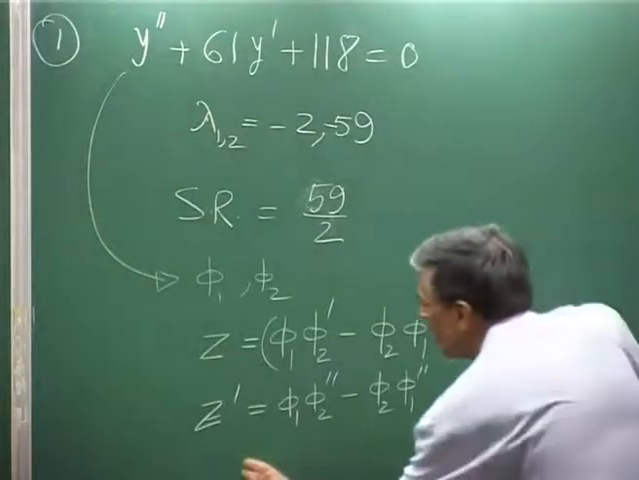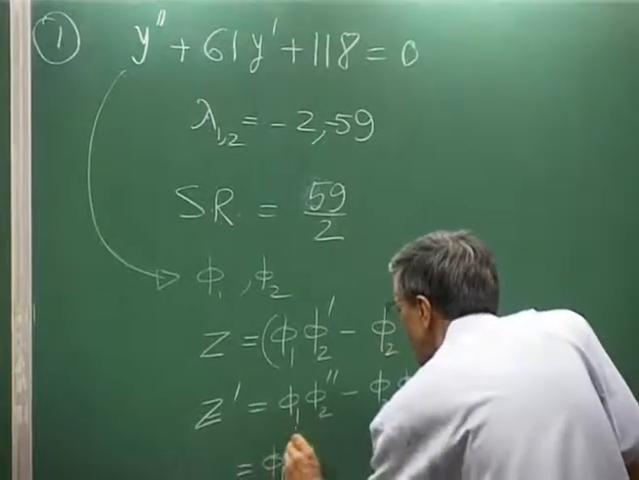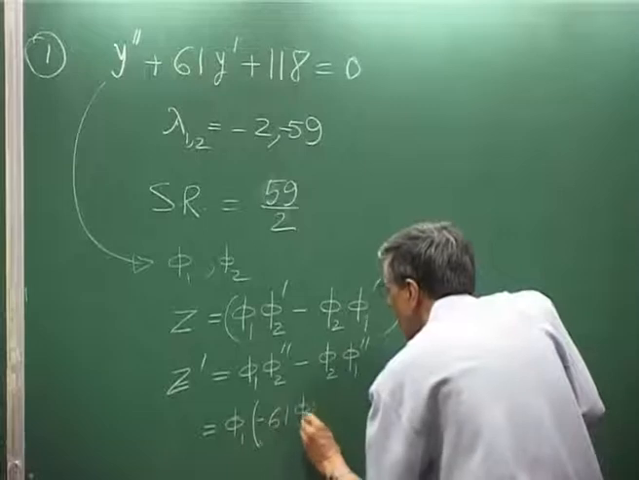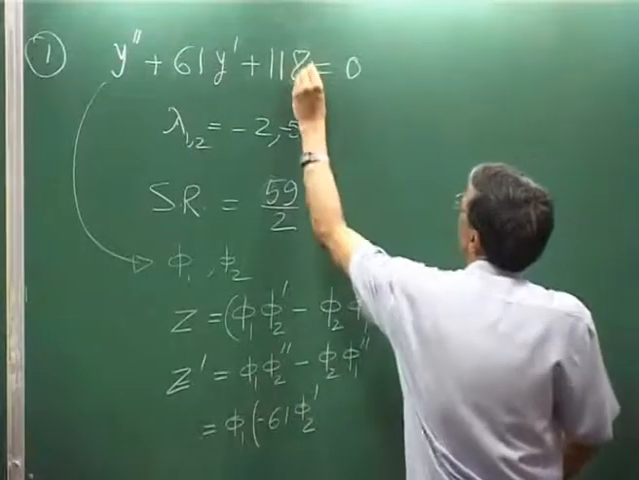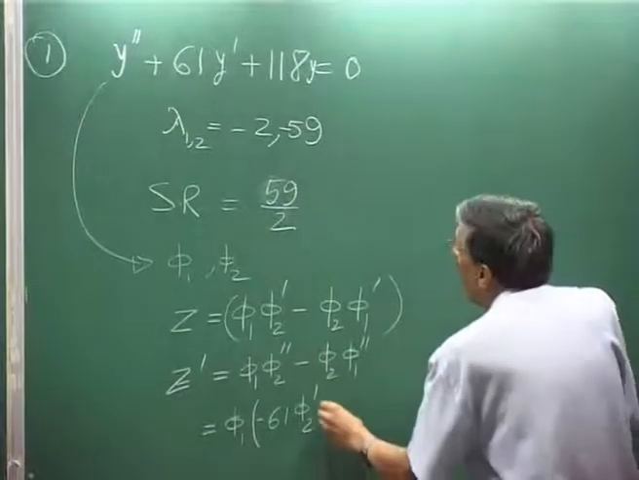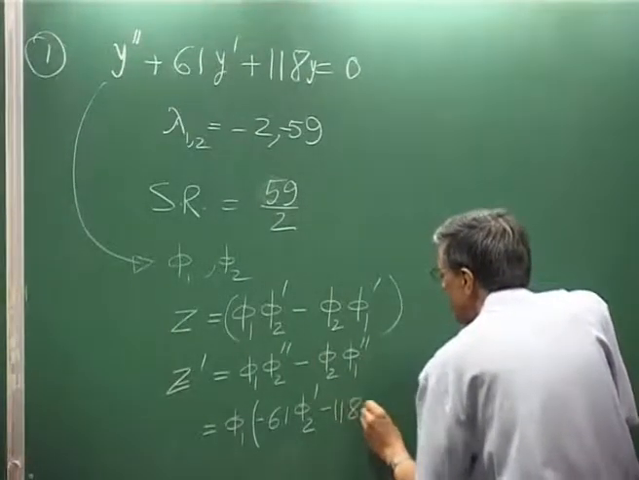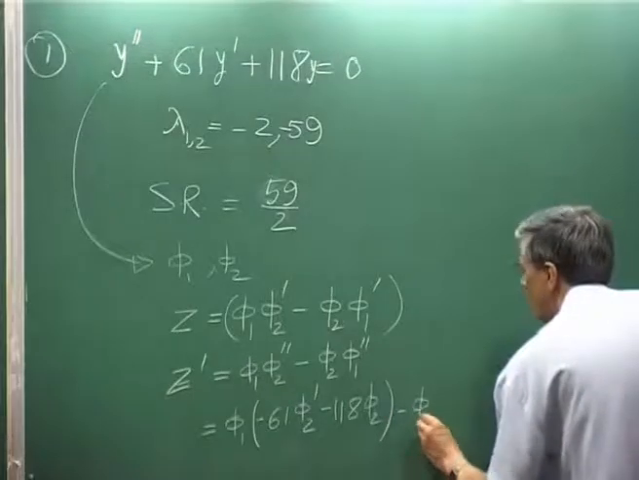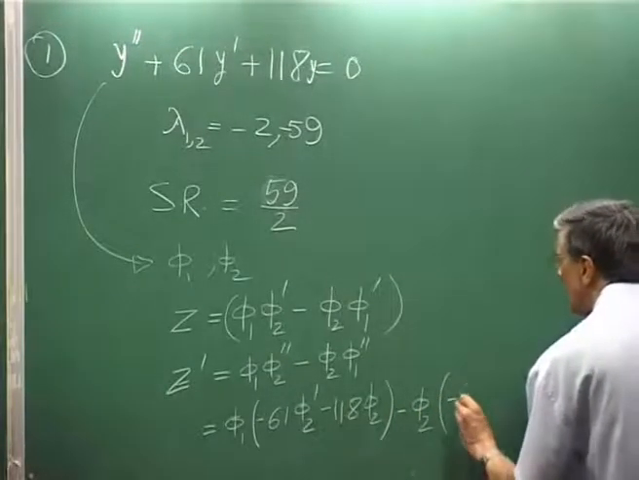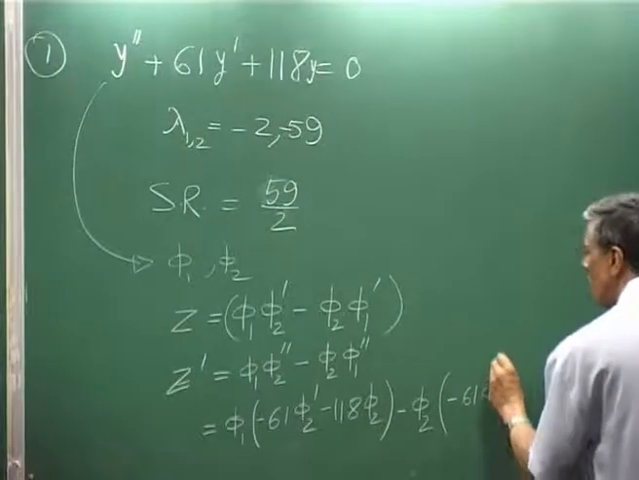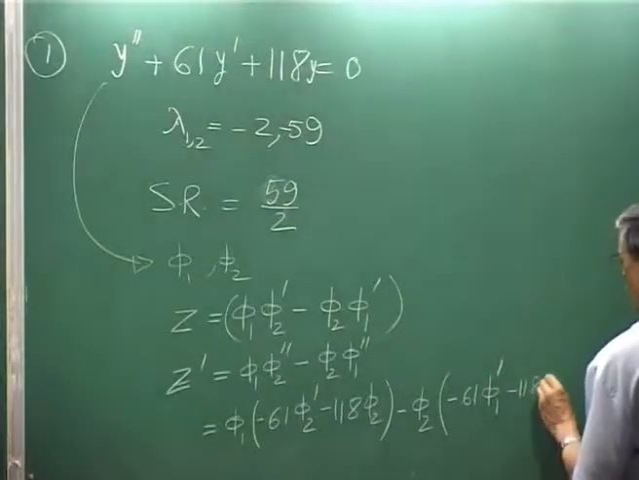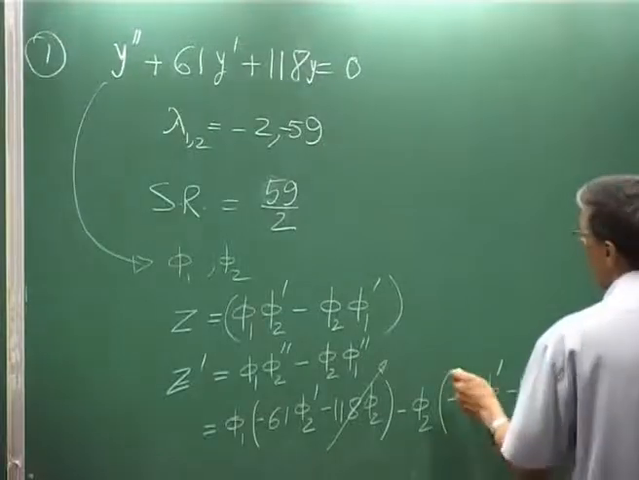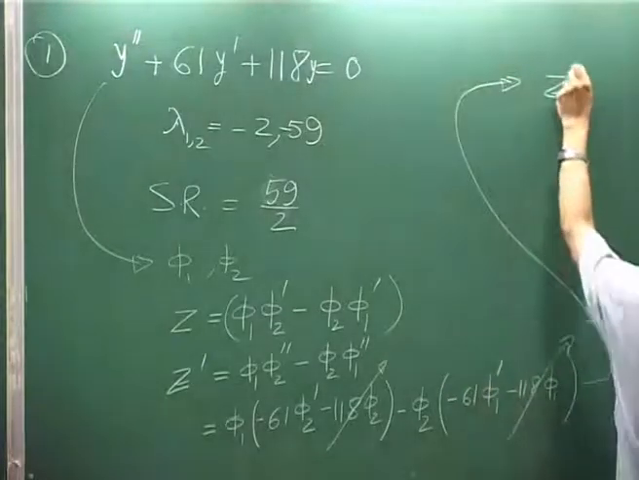So, what I could do here, I could write this as phi 1 into, if I put it on the other side, that will be 61 phi 2 prime. I think there is a y here, right. I missed it. Minus 118 phi 2, and from here phi 2, same thing. You can see that this will cancel out. Okay. So, from here you are going to get z prime is equal to